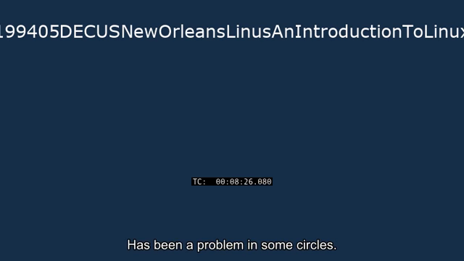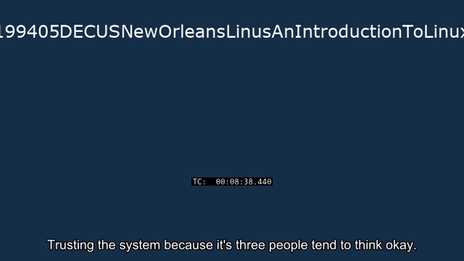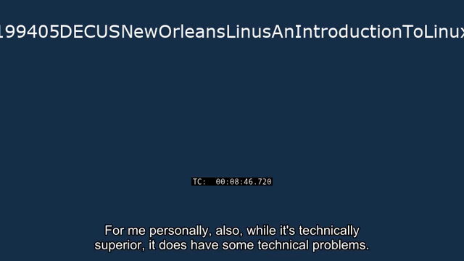MATLAB has been a problem in some circles. There are alternatives, but they generally have problems, things like that. Also, one problem with Linux is actually trusting the system. Because it's free, people tend to think, okay, you get what you pay for, which is kind of irritating. For me, personally,